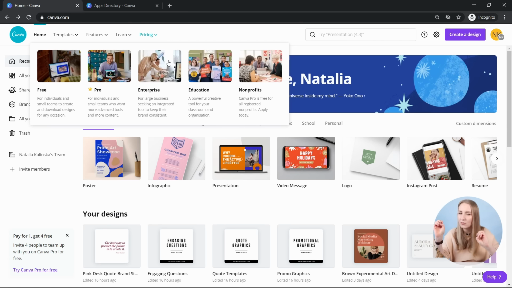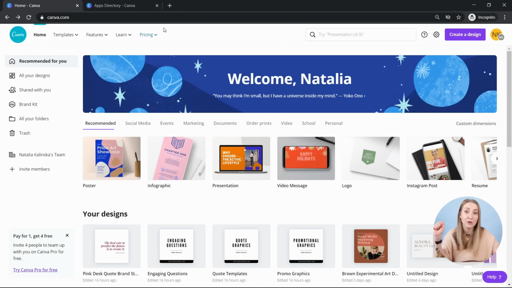And then the next step up would probably be Pro. I would say Enterprise is a very, very big type of plan, so I would leave it. It's probably not for the majority of people. And they also have pricing for education or nonprofits, which if you're a part of, I would highly recommend you look into it because they've got some great deals.